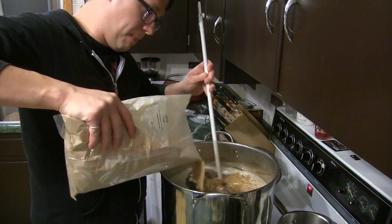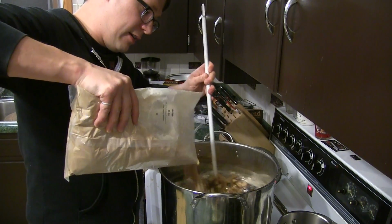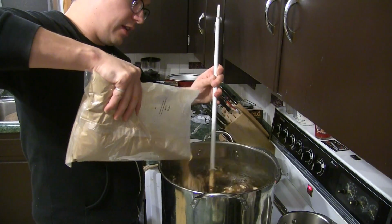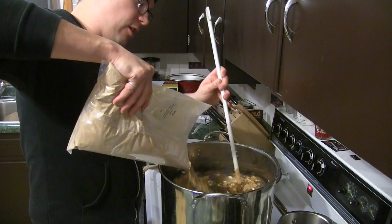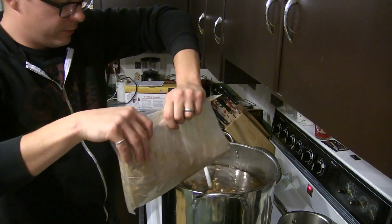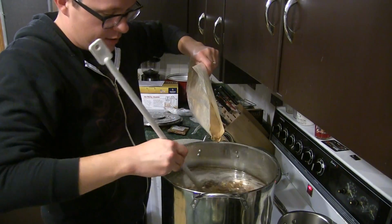Folks will tell me that their significant others don't enjoy the smell of brewing or something like that. I don't know. I find that hard to believe. It smells so good. I love it, of course. I'm going to switch hands here. I'm actually right-handed, so...